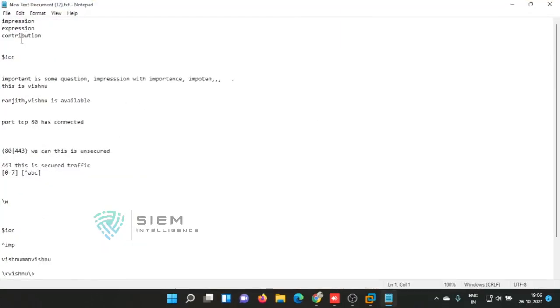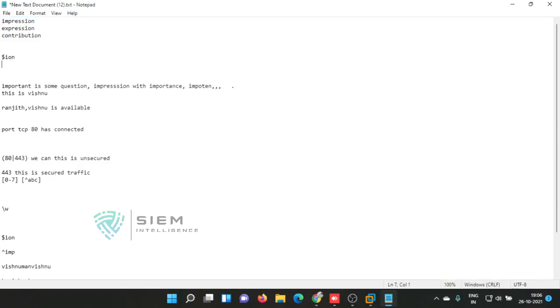If you are using $ at the end, something like $ION, it will bring everything related to the end of the word that is contained with ION. At the same time, if you are using the caret, if you type ^imp, it will pick out all words starting with imp.